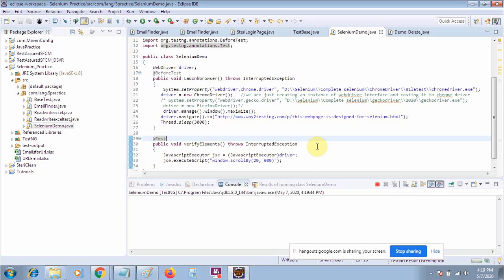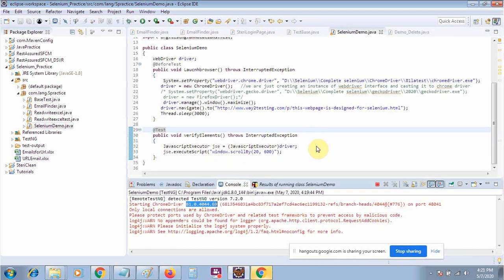When you run again with Firefox, it will pass. Next time it will not take so much time.